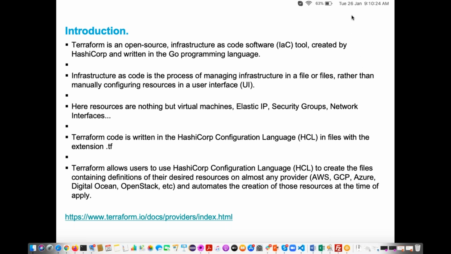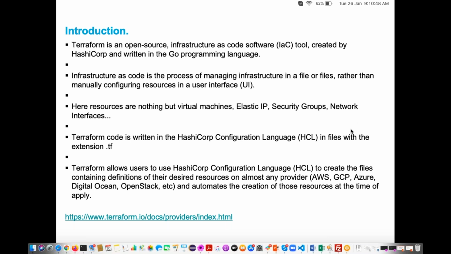Let's take one example. If you take AWS, and I want to create an EC2 instance, meaning a virtual machine, a Linux server.